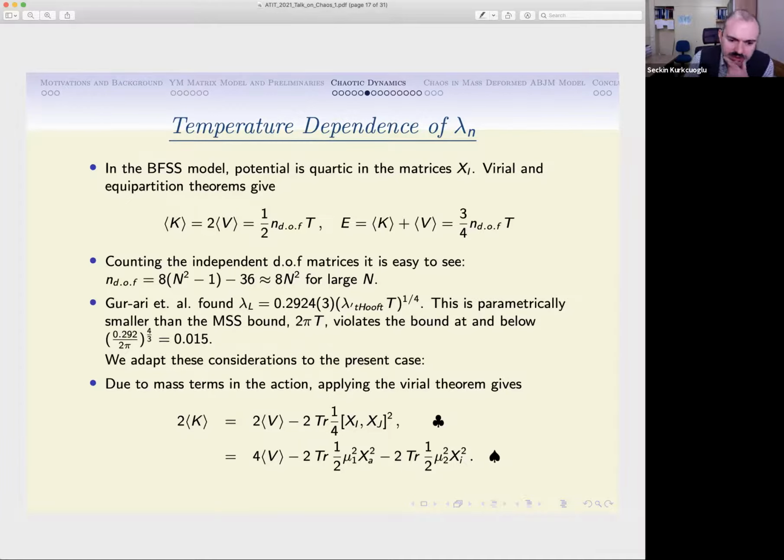Our model is somewhat numerically less technical than those, but still we can come up with some nice features. So in the BFSS model, there are no mass deformation terms. And then from the virial and the equipartition theorems, so this part is the virial theorem, because,